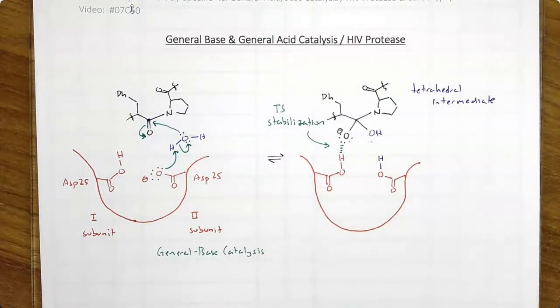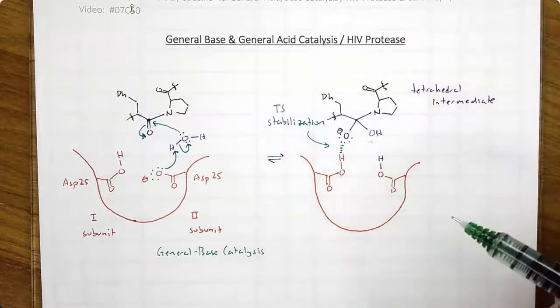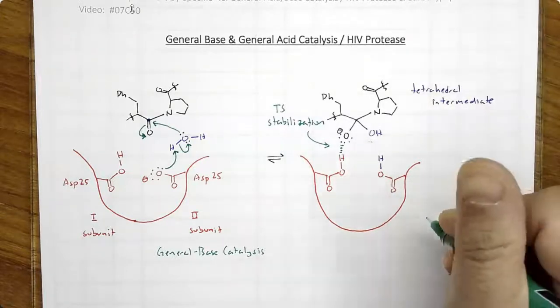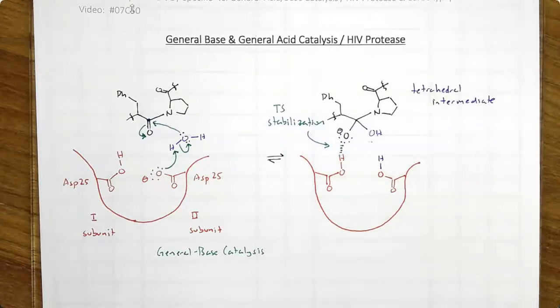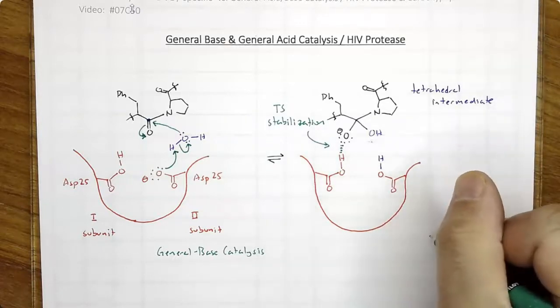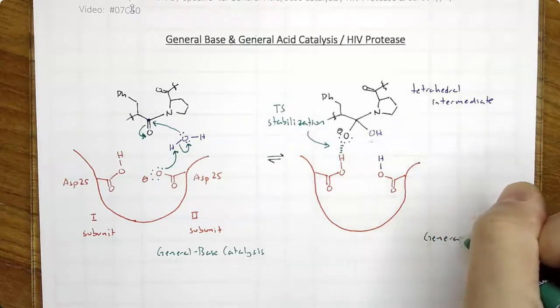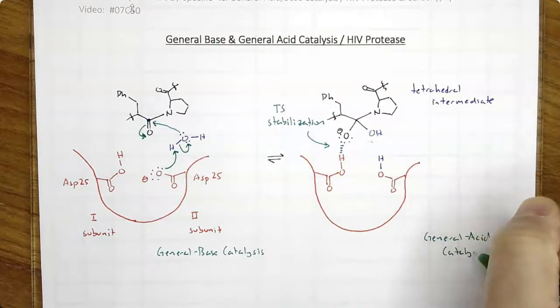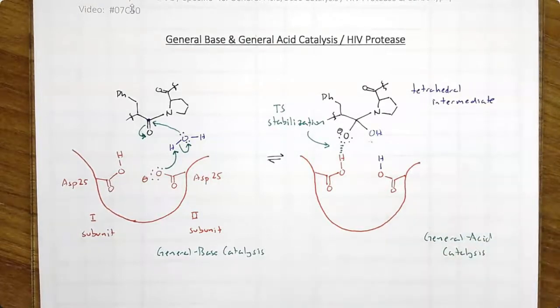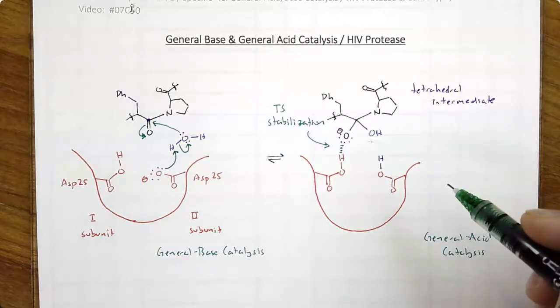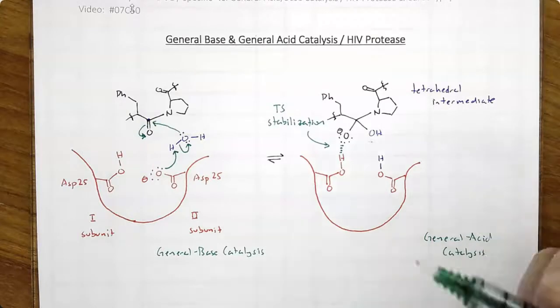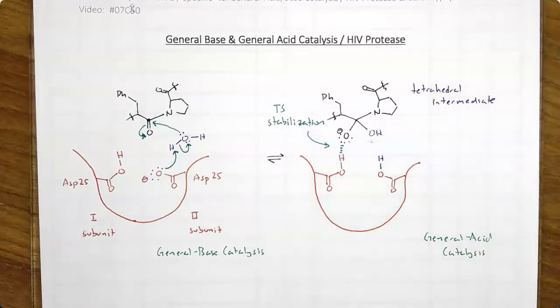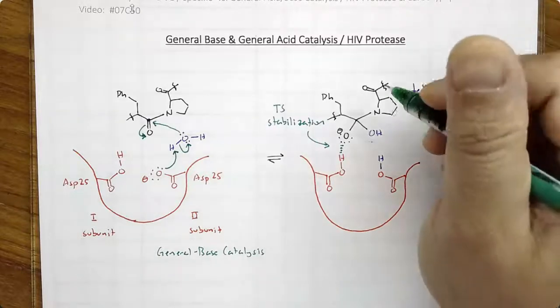Next, what happens? We're going to do general acid catalysis. So we're ready to go on to the next step, using general acid catalysis. And what is that? That is, you don't fully protonate before the rate determining step. You actually protonate during the rate determining step. So what's going to happen here? We are going to